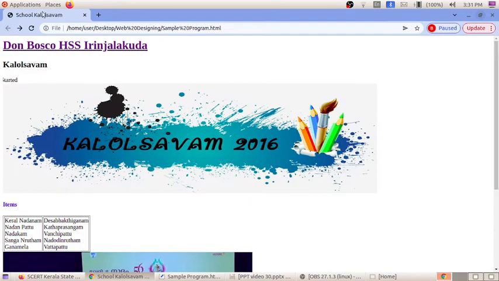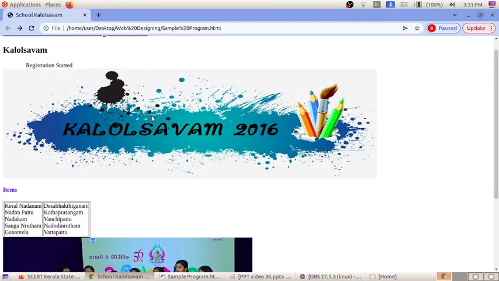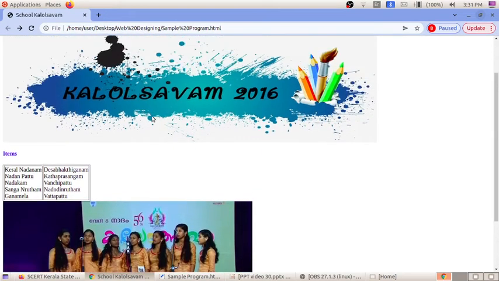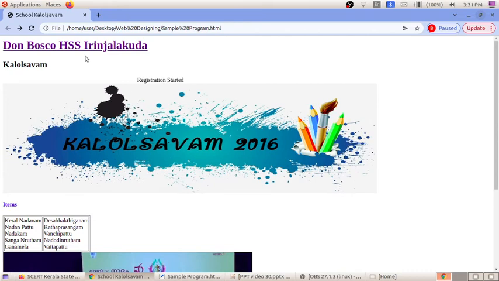Just go back to the page, so you'll be getting your web page. So this is our overall web page. What all things have you added? You have added the school's name, you have added the Kalolsavam as a subheading, you have given a scrolling text like registration started, and we have included an image also.